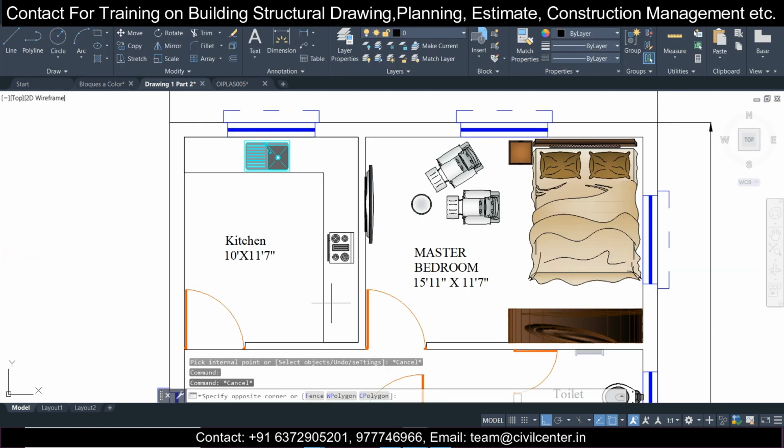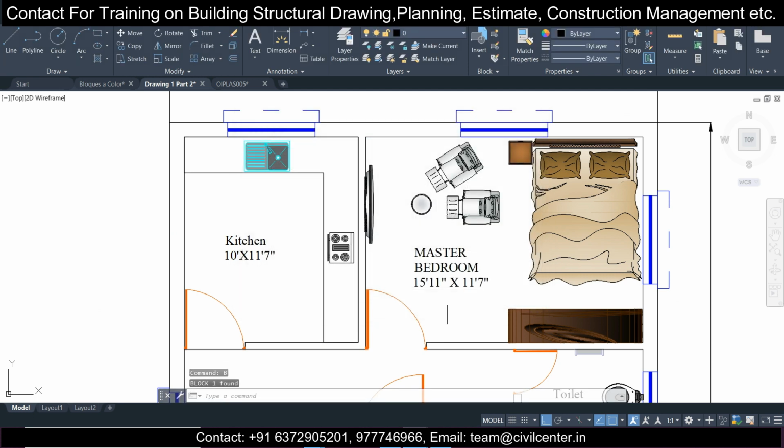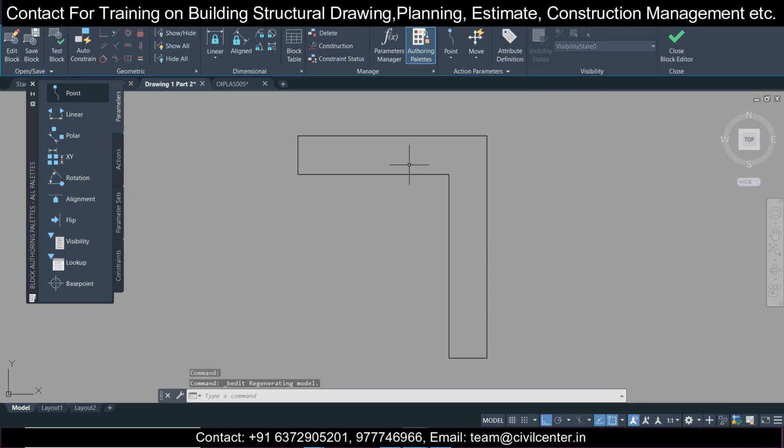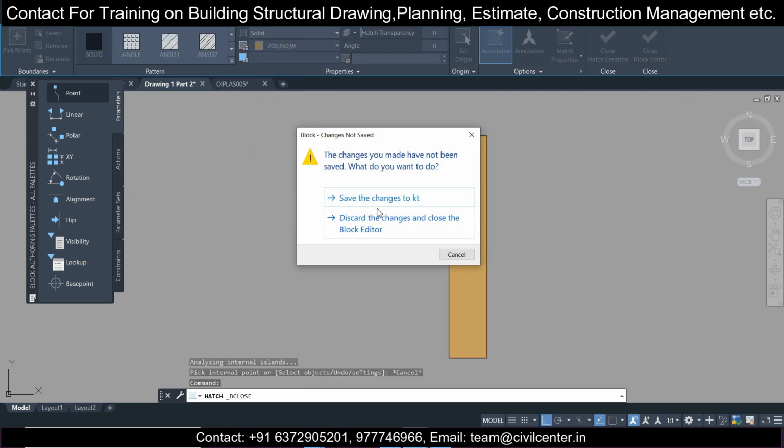Let's make this a block here. B, enter, KT for kitchen counter, and double click and select the block editor, and then we can use the hatch command and have color here. Close this, save.